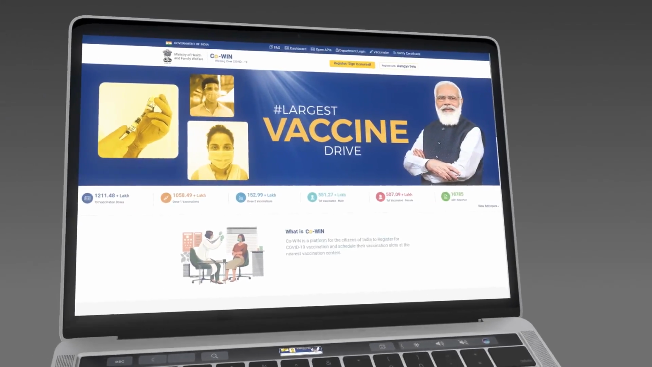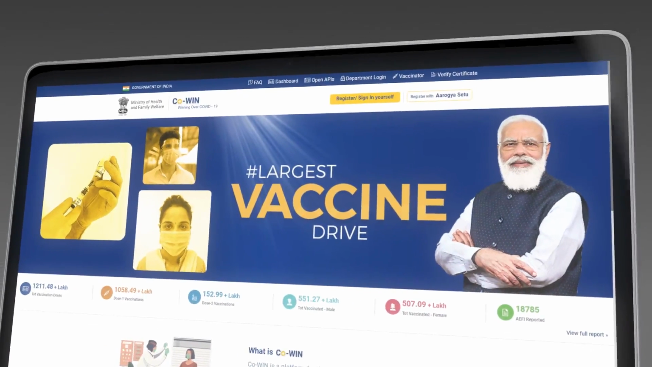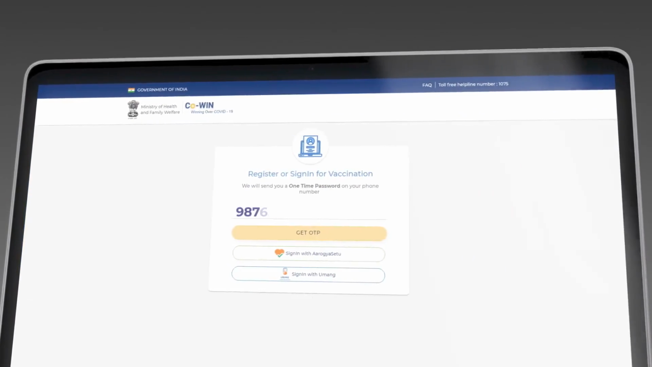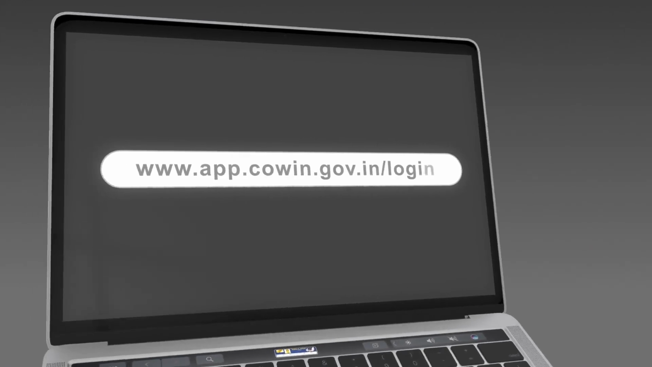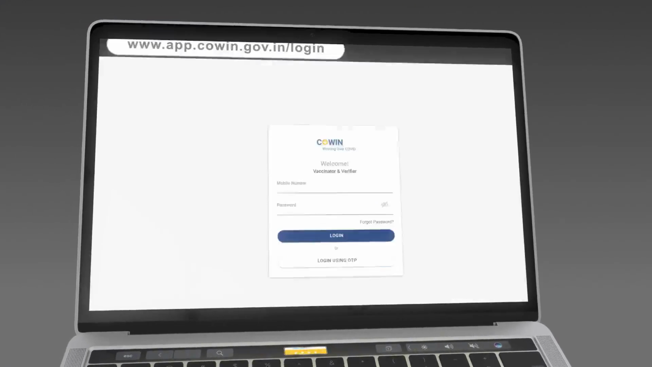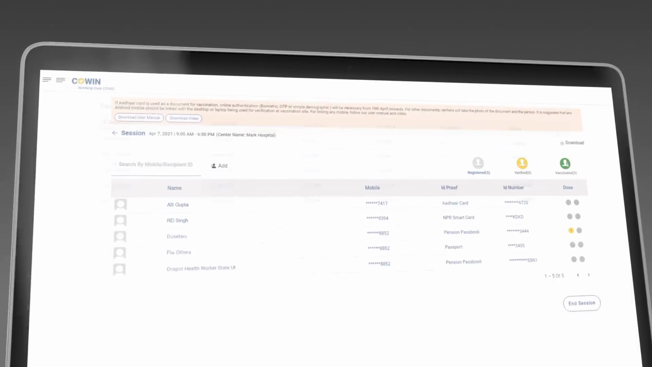CoWIN platform is the digital backbone of our vaccination drive. It has a registration portal where citizens can register for vaccination and book appointment. The second most important application of this platform is the vaccination module, where the person's identity and eligibility are verified